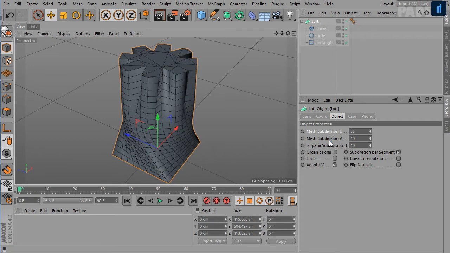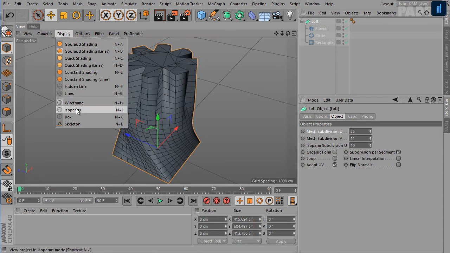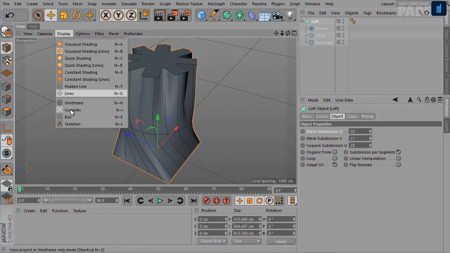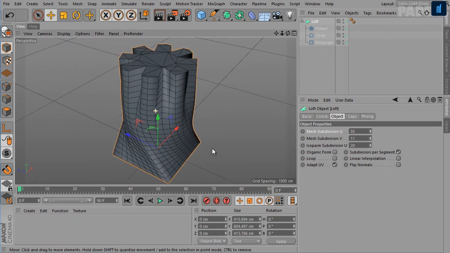Okay, and mesh subdivision V is the number of subdivisions created in the V direction, that is along the length of the loft. Okay, next we have isoparm subdivisions, and if you have enabled the isoparm display mode, then you can set isoparm subdivisions from here. I'll switch back to wireframe.